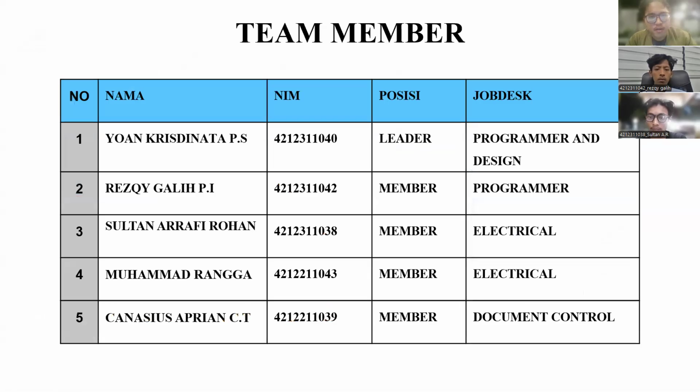Number one, John Susnata, as leader, programmer and design. Two, Rizky Gali, as member, programmer.